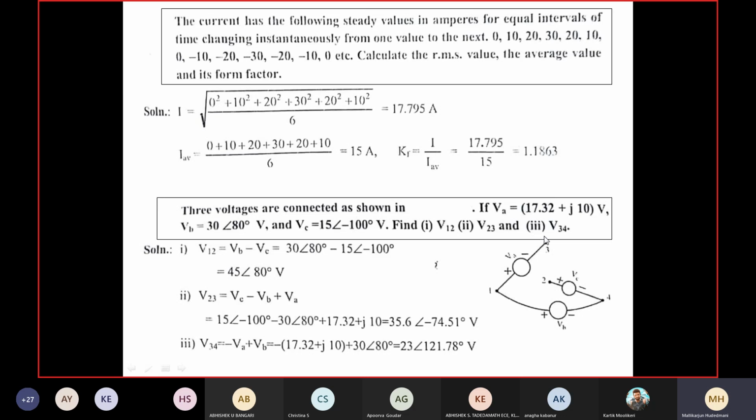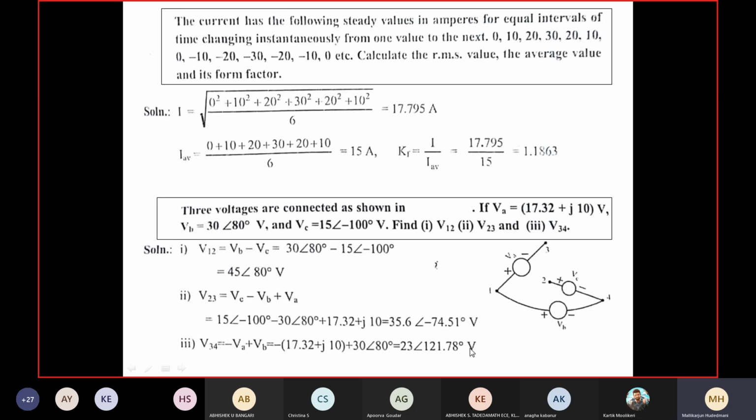This is your path. When you take the journey 4 to 1, it is minus to plus, VB is acceptable as usual. And when you come from 1 to 3, this is not as per your requirement. Minus to plus is not there, then minus VA. It is 4 to 3 when you are taking the journey, VB minus VA. Minus VA plus VB. When you take a minus here, put the minus in front of the bracket containing VA. It is not only the first term that is negative, the whole content inside is negative. Minus outside, the content inside. That's how you can do it.